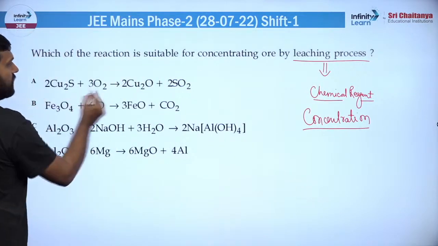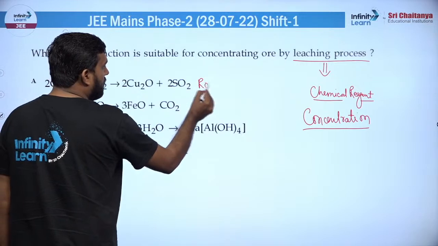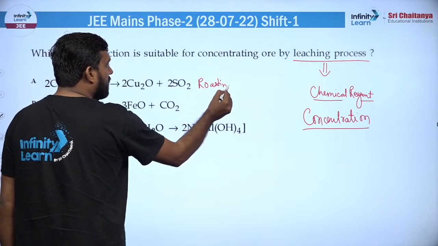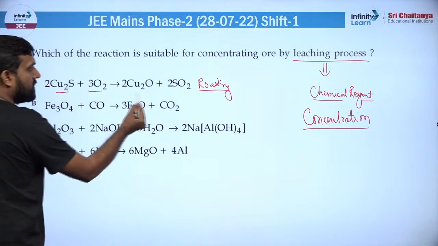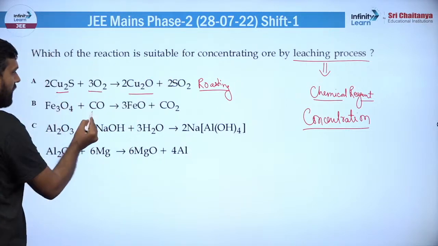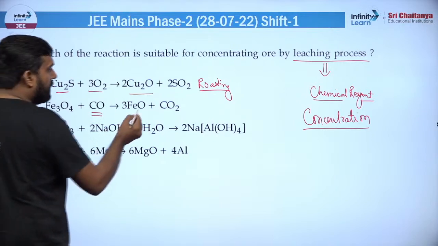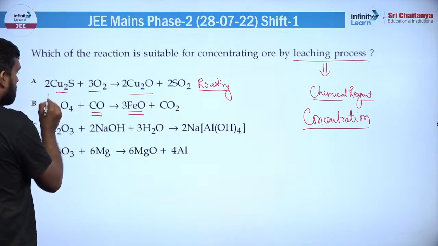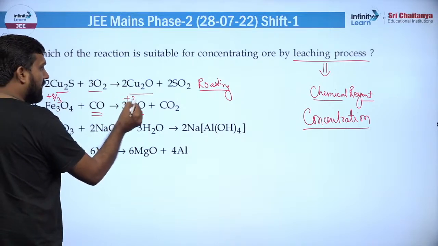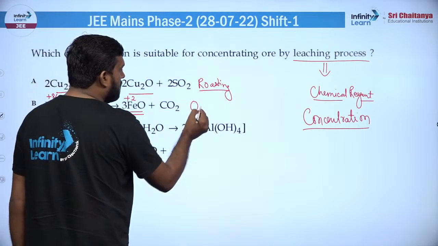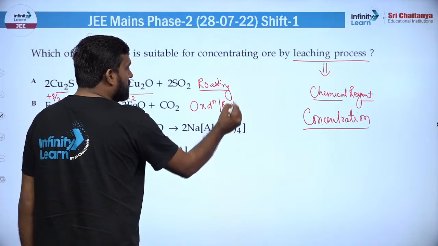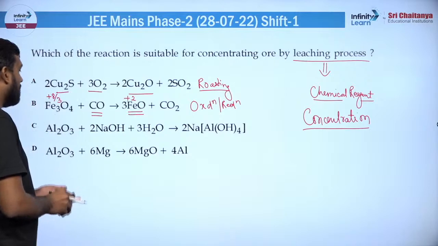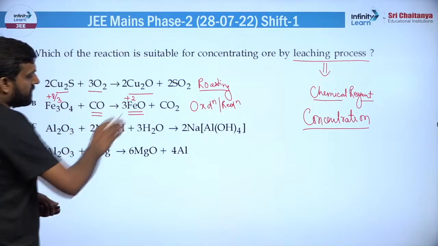तो अगर आप यहां पे देखोगे पहला स्टेप जो दिख रहा है आपको, ये एक्चुअली रोस्टिंग है, ठीक है। आप देख सकते हो आपको सल्फाइड ओर मिला है, आप ऑक्सीजन की प्रेजेंस में बर्न करा के उसके ऑक्साइड में कन्वर्ट कर रहे हो, दैट इज द रोस्टिंग। यहां पर कार्बन मोनोऑक्साइड का यूज करके आप FeO बना रहे हो। अब अगर आप ऑक्सीडेशन स्टेट देखोगे तो यहां पे +8/3 है और यहां पर आपको +2 मिलेगा। तो बेसिकली ये जो प्रोसेस है ये ऑक्सीडेशन और रिडक्शन का प्रोसेस है, ठीक है।